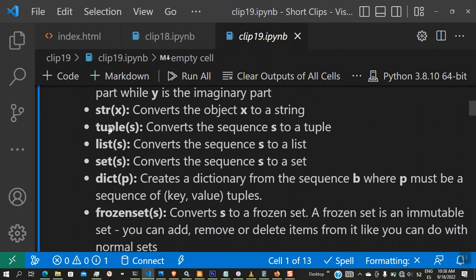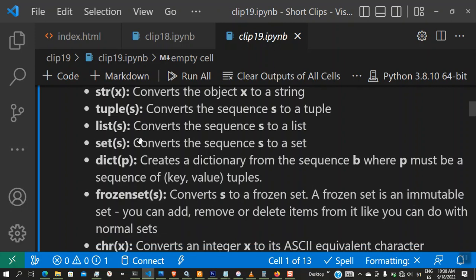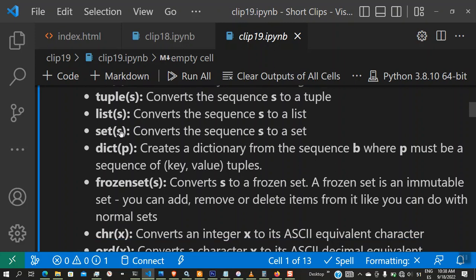Now here you can convert any iterable or sequence to a tuple. For example, you can convert a string, list, or dictionary to a tuple. Now here you can convert any iterable to a list. For example, you can convert a tuple, a string, a dictionary, and even a set to a list. Here you can convert any sequence to a set. I'm going to be showing you guys an example of this later on,